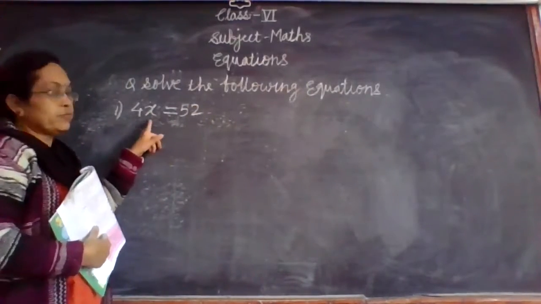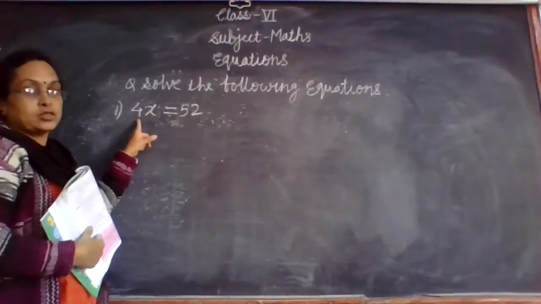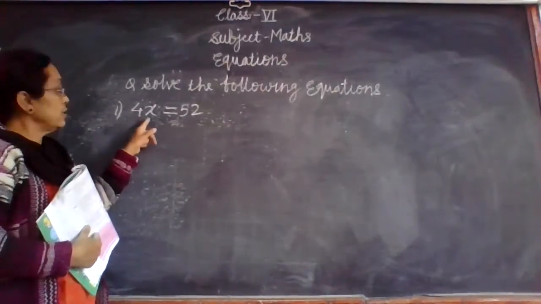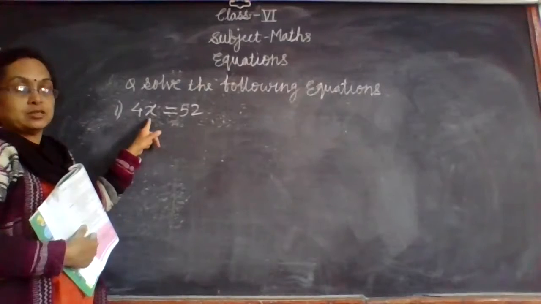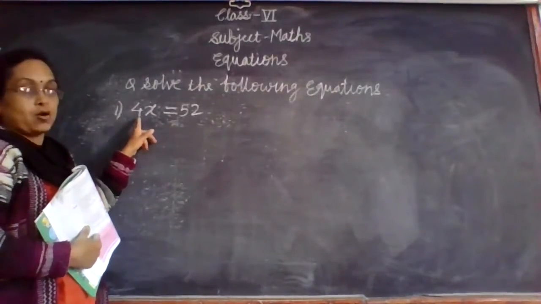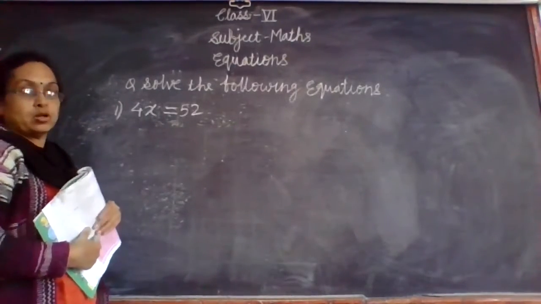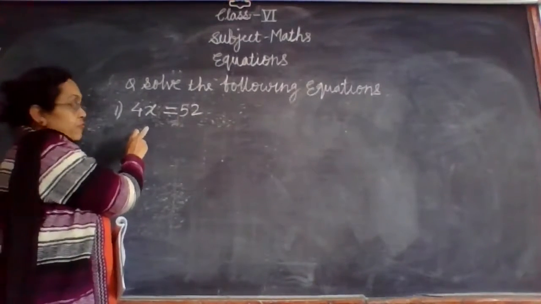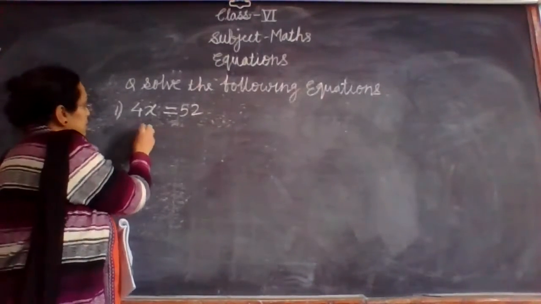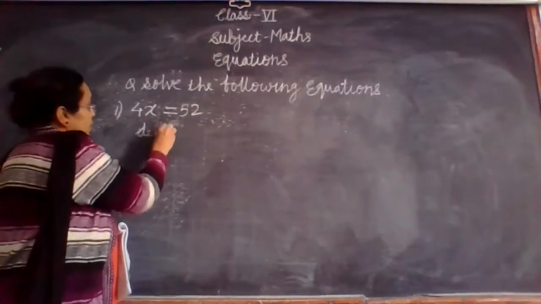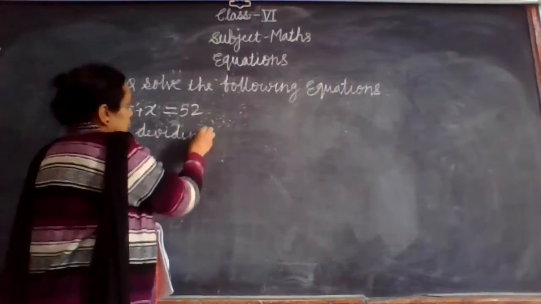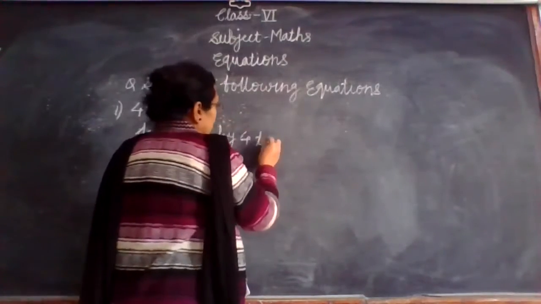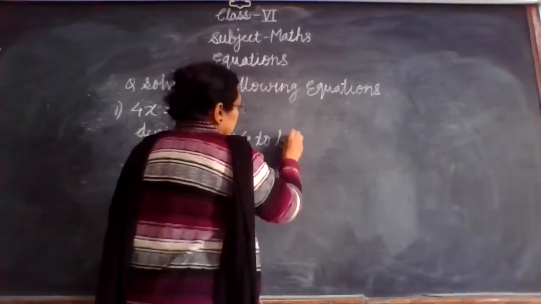I told you that wherever variable is there, with that constant is there. Here variable is x, with that 4 is there, and what is there? There multiplication is done. So to nullify or to take away this 4, constant should be taken off. We have to divide, because multiplication is done here. So we will write dividing by 4 to both sides.